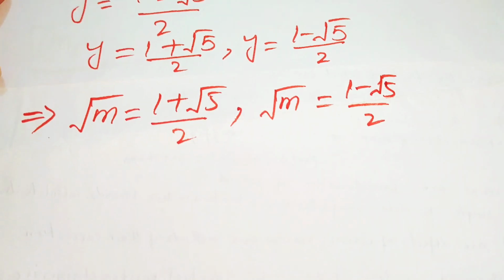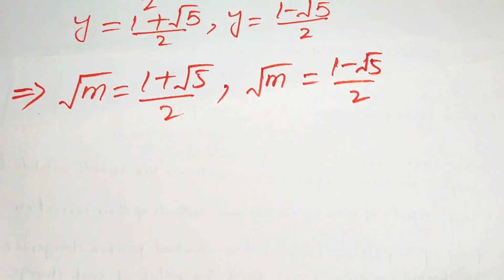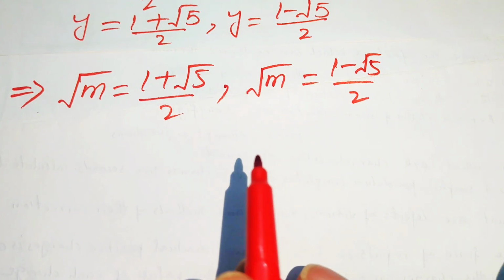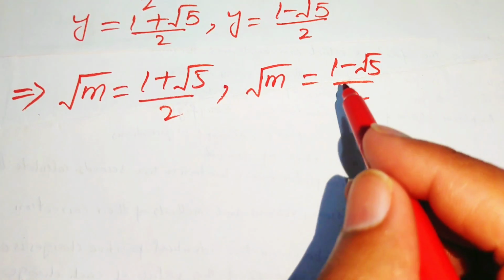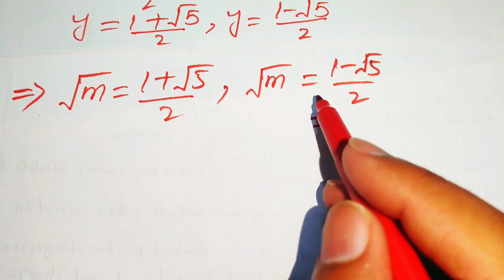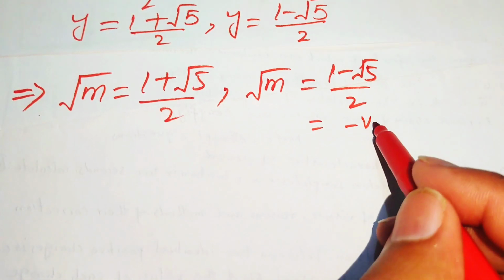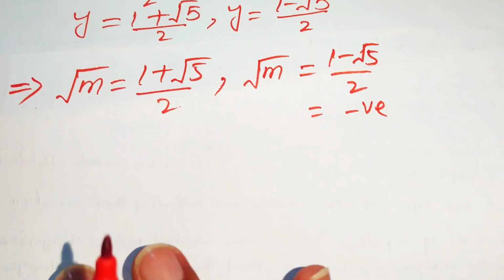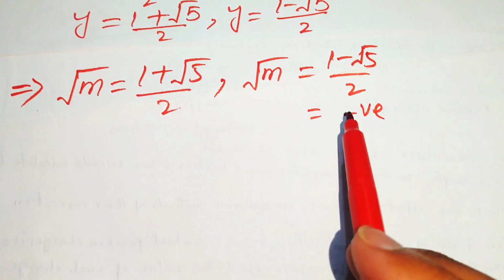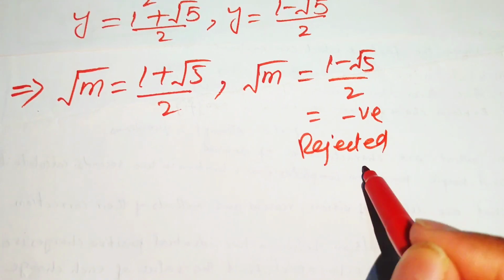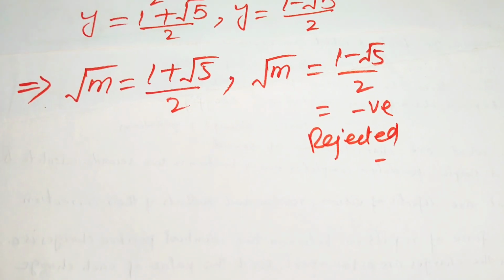Because at the start of the problem we clearly wrote that m must be greater than 0, on the right-hand side the value of this m is negative, so we cannot choose this value here. If you solve this case further, you get a negative value, so we reject this case because we need only positive values. We solve this problem for the positive values of